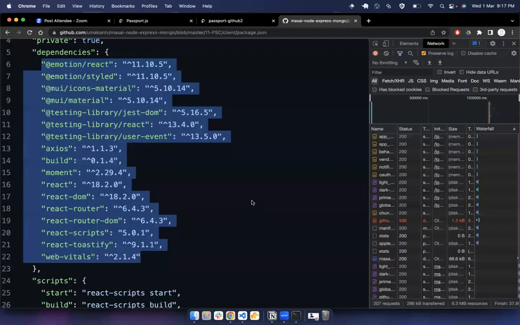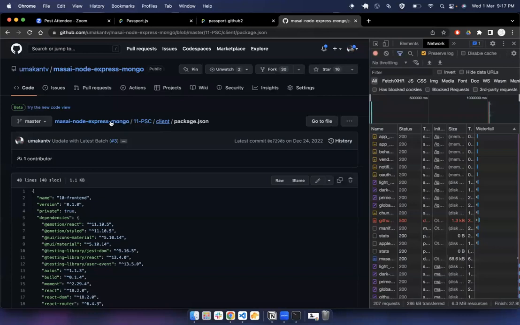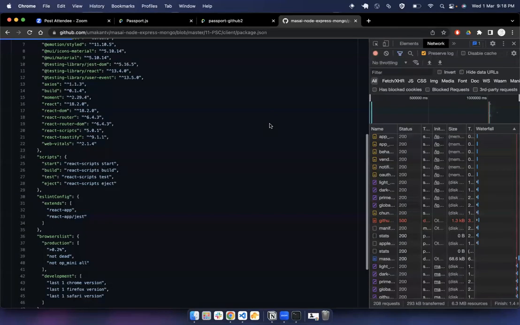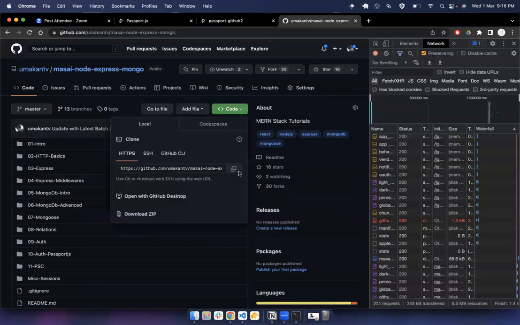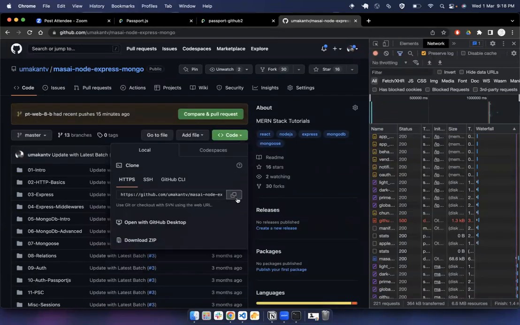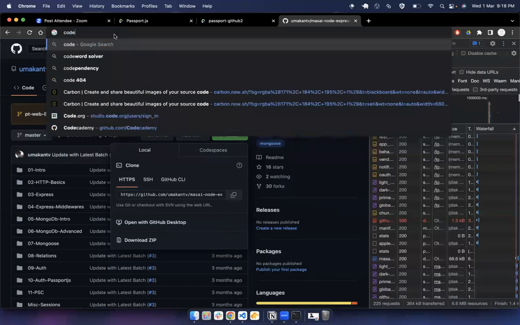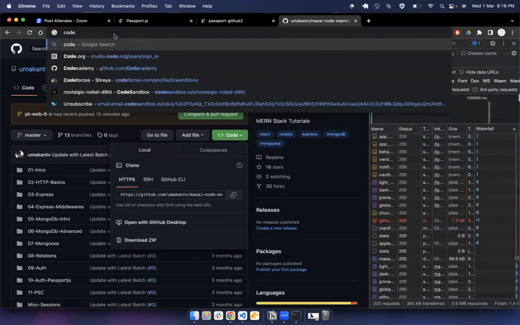I think it's better if I just download this, then extract it somewhere. We are going to build it, but I need some components which I have created, UI components. If I do that from the start, it is going to take some time. Or I think we can open online as well. Code, we can clone it, but